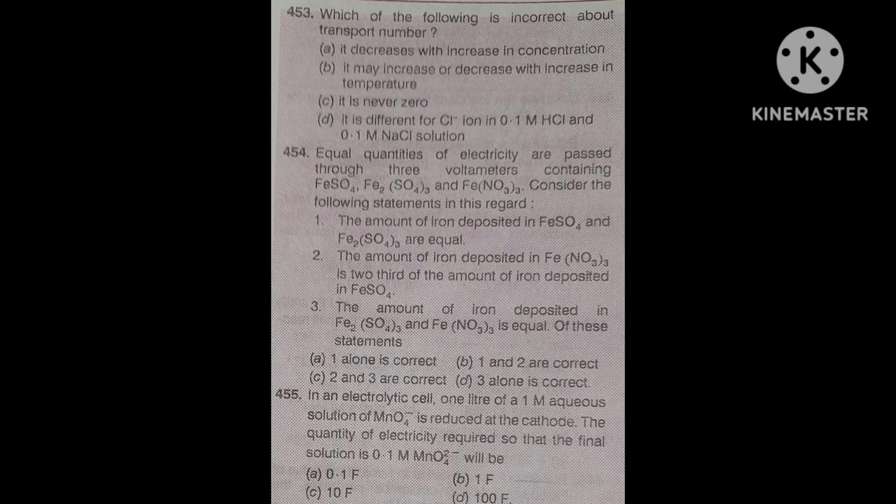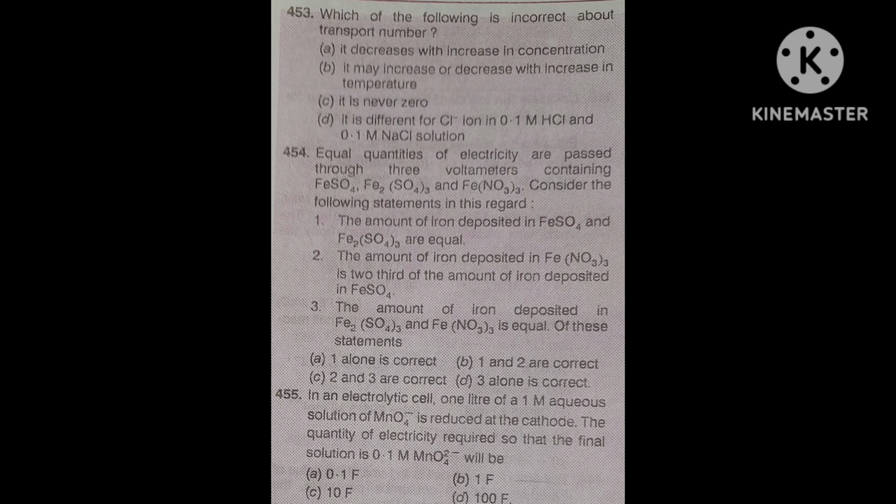The amount of iron deposited in Fe(NO3)3 is 2/3 of the amount of iron deposited in FeSO4. In FeSO4, 2 electrons are involved, and in Fe(NO3)3, 3 electrons are involved. Then this second statement is correct. And third, you can see a statement: the amount of iron deposited in the